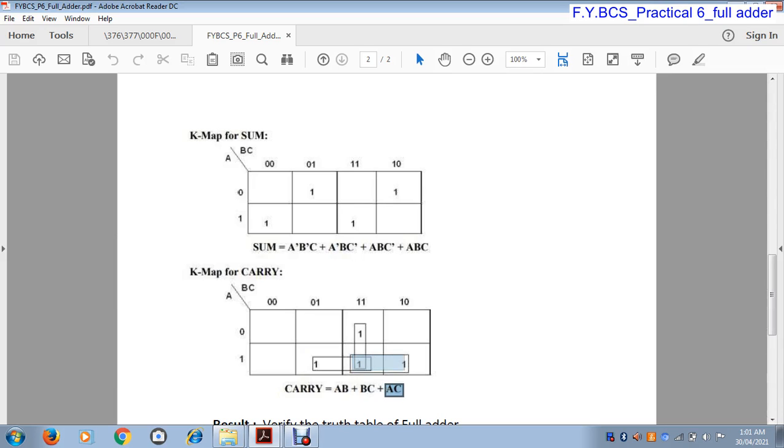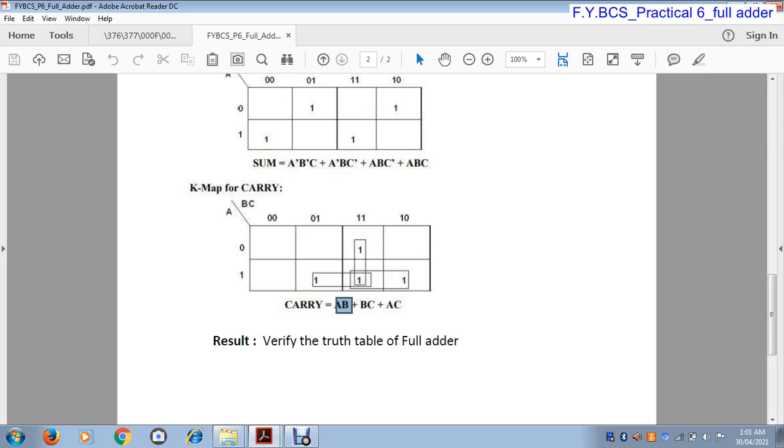Okay, now the equation of this pair, this is also A. In this case, B is 1 here and B is also 1 here. So in this condition B is constant but C changes. Here C is 1 and here C is 0, so C changes, so we eliminate C and only get B. So the equation of this pair is A and B, so AB. Okay, so in this way we write the logical equations for carry.